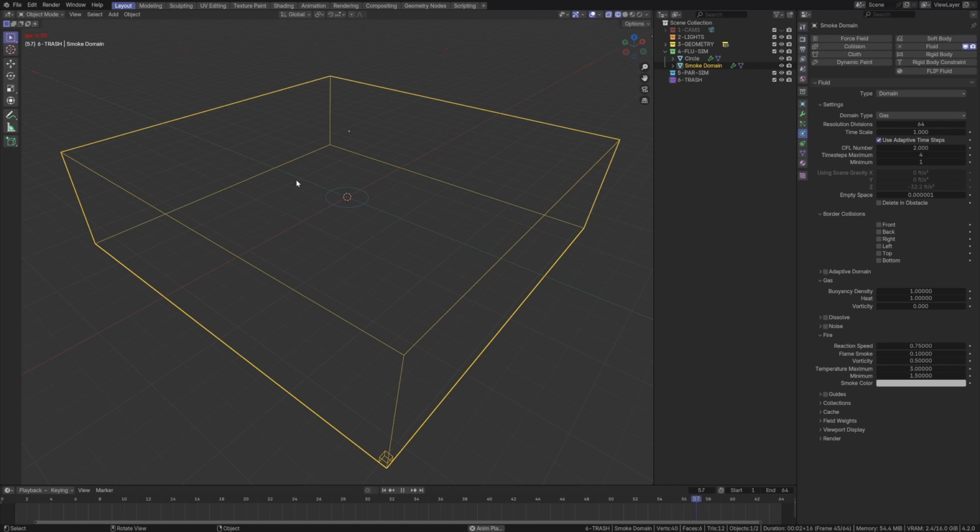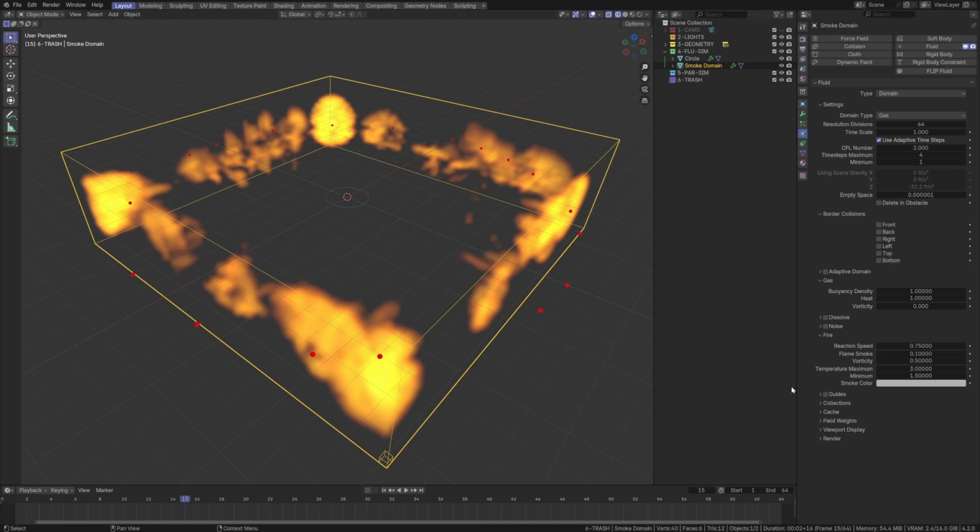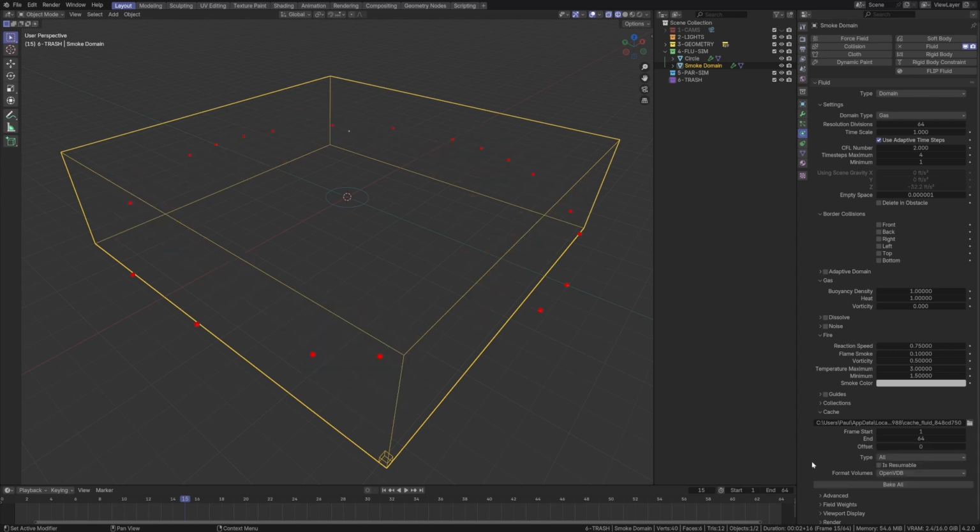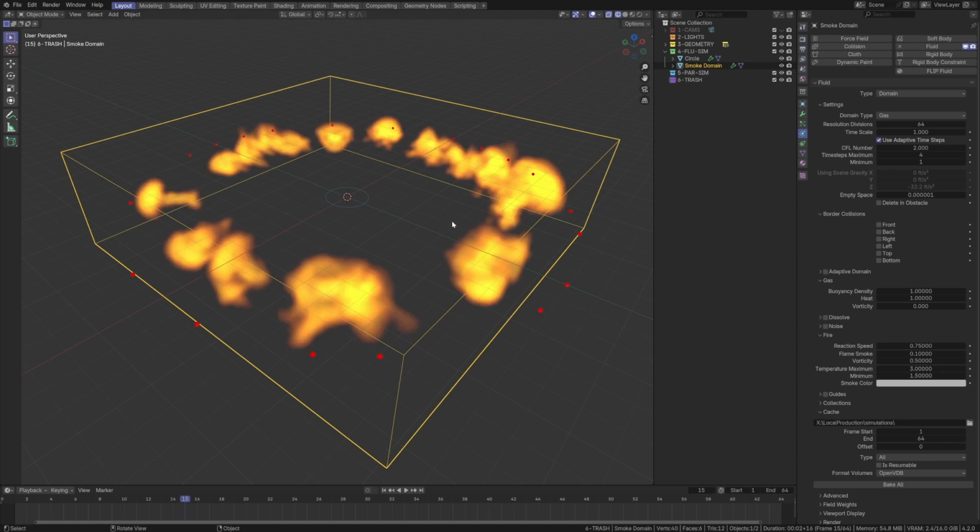Okay. Next thing we want to do is that we need to cache out our simulation. So I'm going to pause it and then I'm going to go to cache and then I'm going to set this to all from replay. And I'm going to set this to a location. As I have mentioned before, I don't like to store my fluid sims or cache data in my main hard drive. I like to put it on an external hard drive. You can't see what I'm doing right now, but what I was doing is setting a location for my fluid sim. So you can see that the path has changed right here. And now I have it on my external hard drive